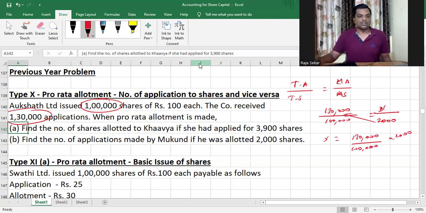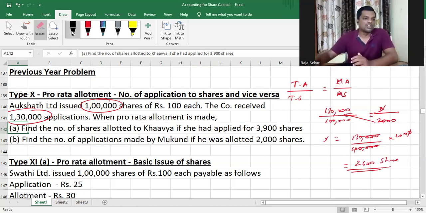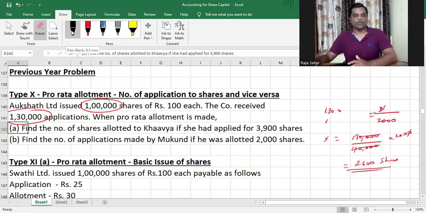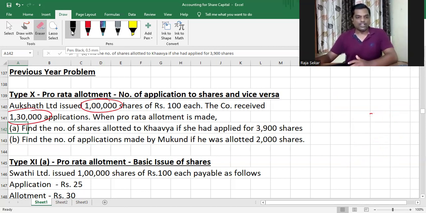So what is X? X is equal to 1 lakh 30,000 divided by 1 lakh into 2,000. This 2,000 goes here. So now we just cancel it. Gone. So that is 13 into 200, which is 2,600 applications. Understood or not, my dear children? Now, there is also another way to solve this without using the formula. It's very simple. It is just a derivation of the formula. You can also use the logic and solve it, right? Understood. So let me go ahead and do that also for you.